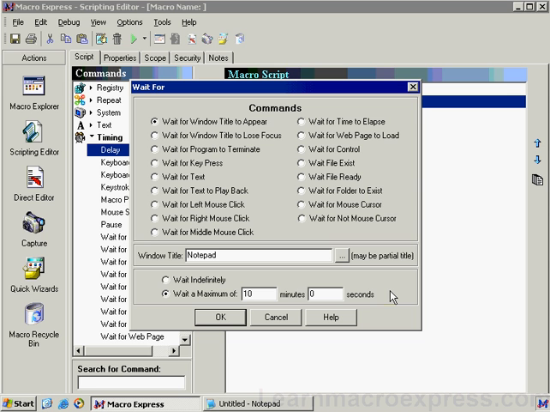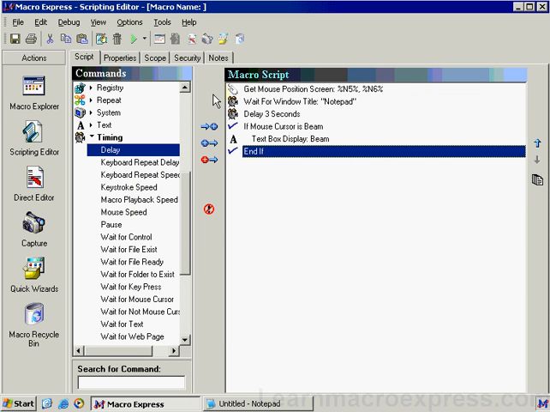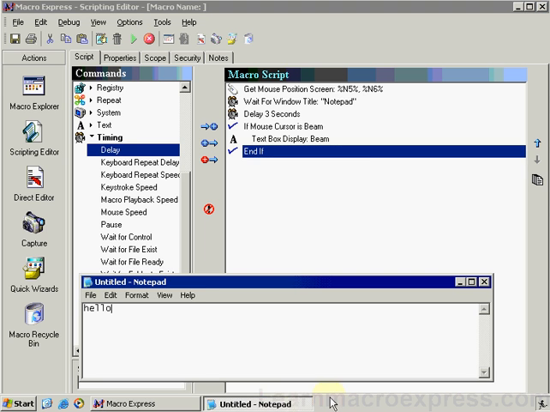So if we know the application that we want to wait for is Notepad, but we don't know, say, the document name, which in my case is Untitled, we don't have to specify that in the window title. Let's go ahead and press OK and rerun the macro again. You'll notice my GUI is running, and when I start the Notepad, it will actually wait 3 seconds before continuing on